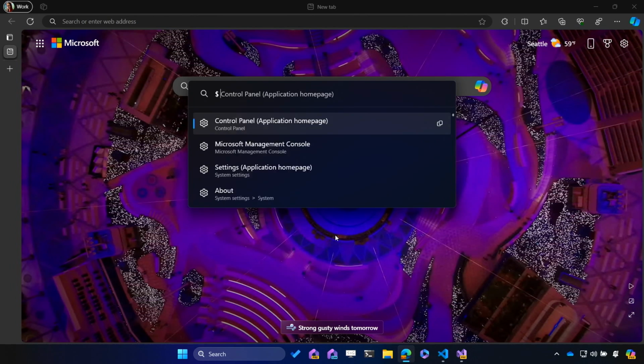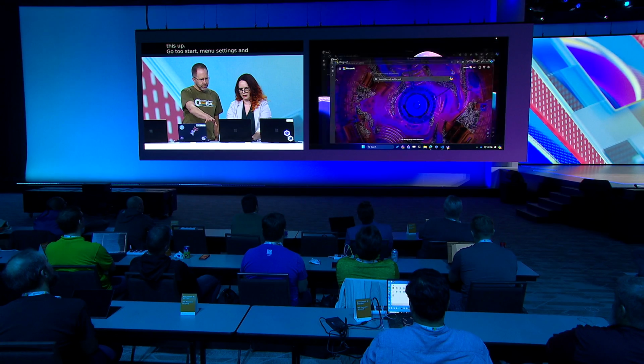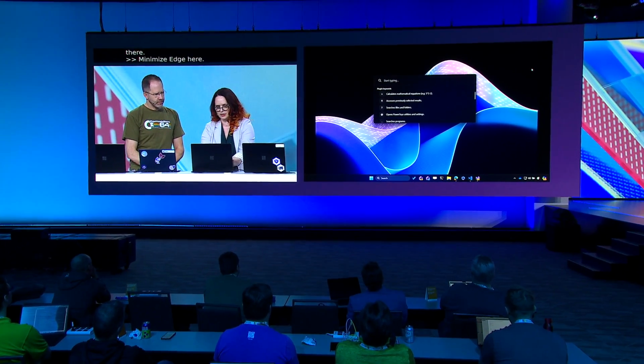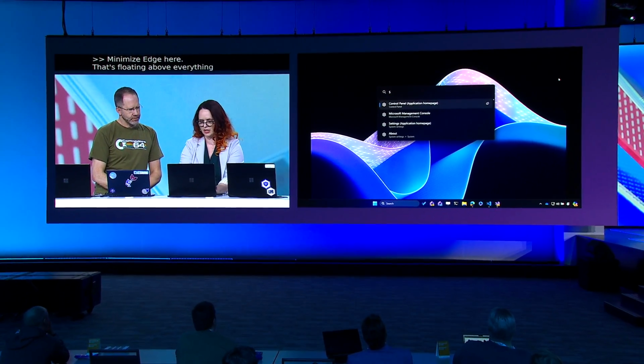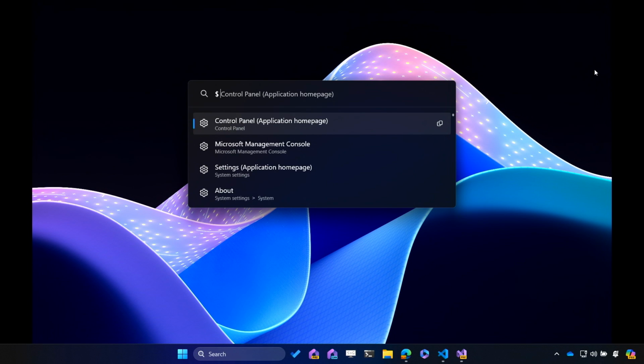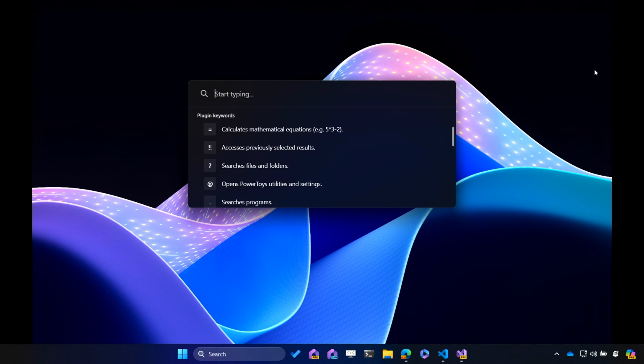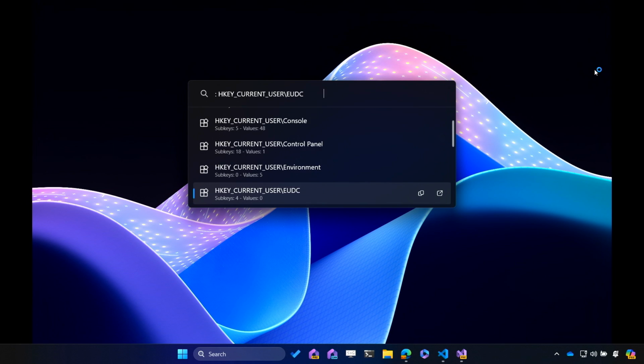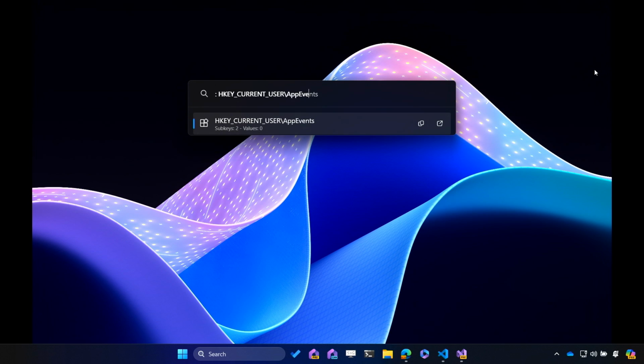If you do me a favor, minimize Edge here because I want to make sure people understand that that's floating above everything. Okay. So if I hit the settings prefix, I can search into Windows settings and go to Start. But I don't necessarily want to do that every time, so I know that I can also go into the registry. So I can hit here and go registry. You just directly paste a registry key in? Well, actually I'm just going down. I happen to know where I'm looking for.